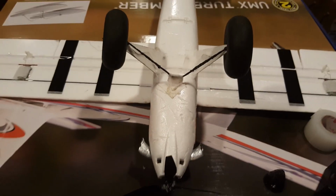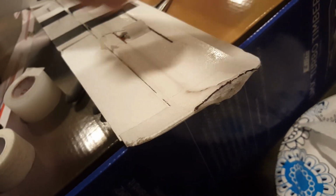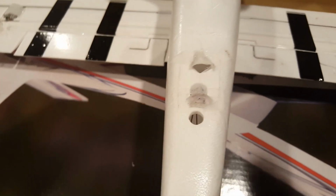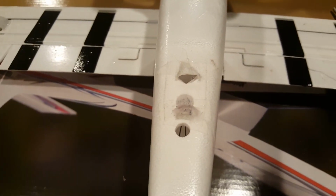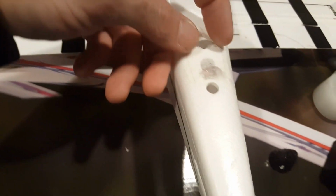So there's another little Dave It Yourself tip there. And then as far as the lights, with the lenses here, right here, hot glue, just a bead of hot glue, just to make them nice and big. It's translucent, so basically it makes them just a big light after that, plus it gives it some strength. A little air scoop I made here with some paper tape and hot glue,